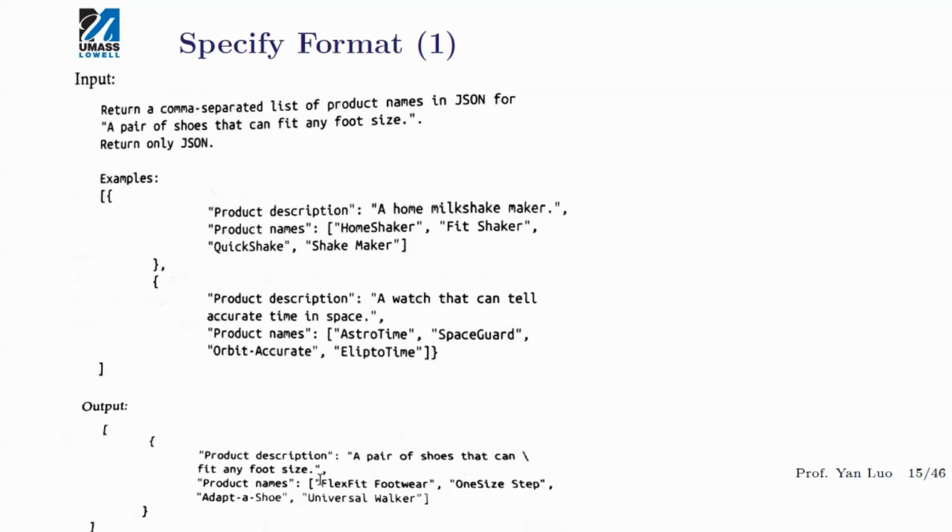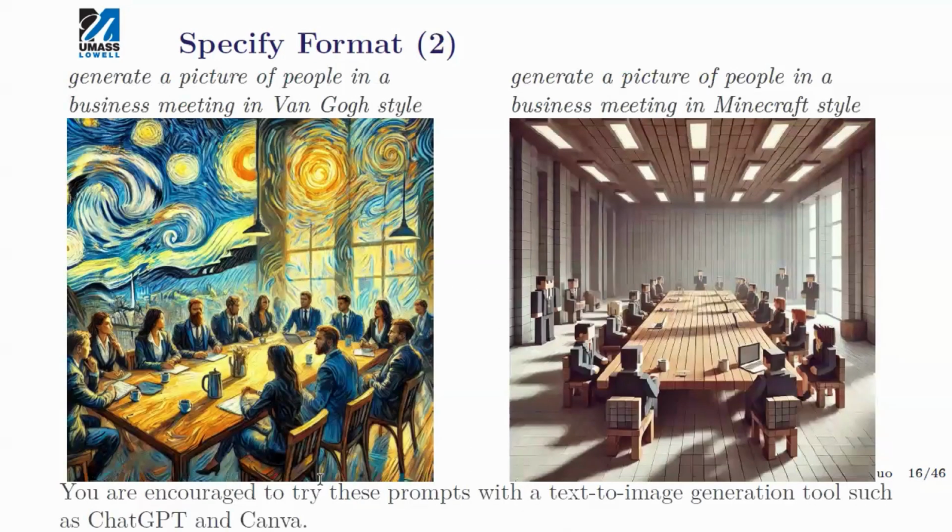So this is one good example of how you can specify to set the output as JSON format. For pictures, images, or even videos, you can also add these format specifications. So I want to generate a picture of people in a business meeting. I can say in Van Gogh style. So this picture was generated by ChatGPT,